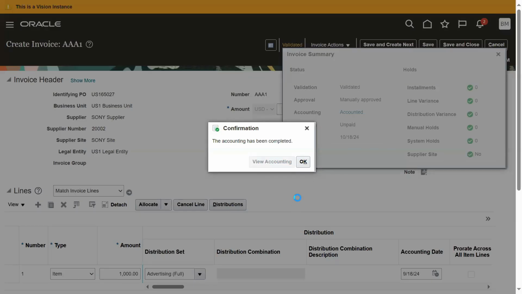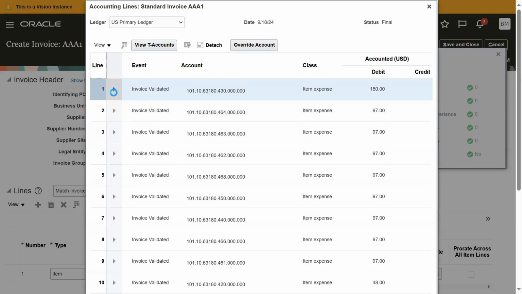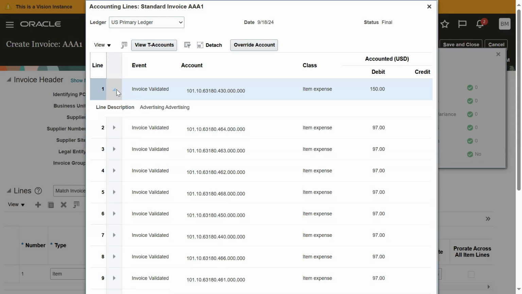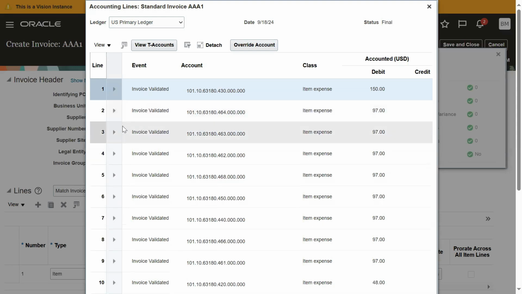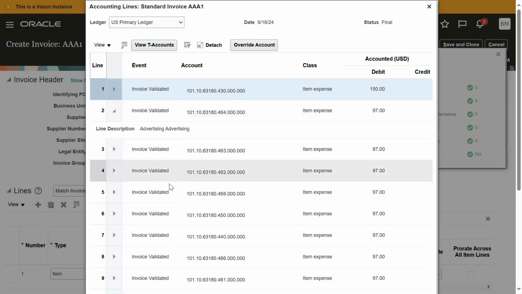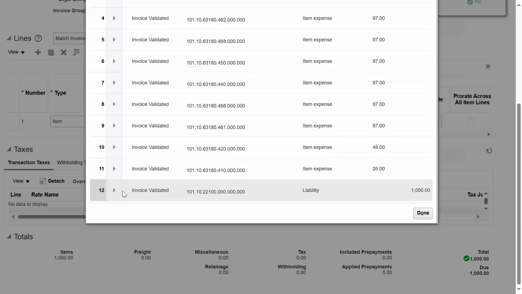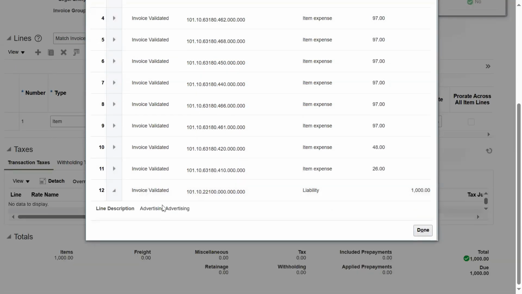We can view the accounting transactions. I would like to view these accounts in GL. It's been transferred to GL. I would like to view all these accounts in the GL module. So if we want to view all these accounts in GL, then we will find here